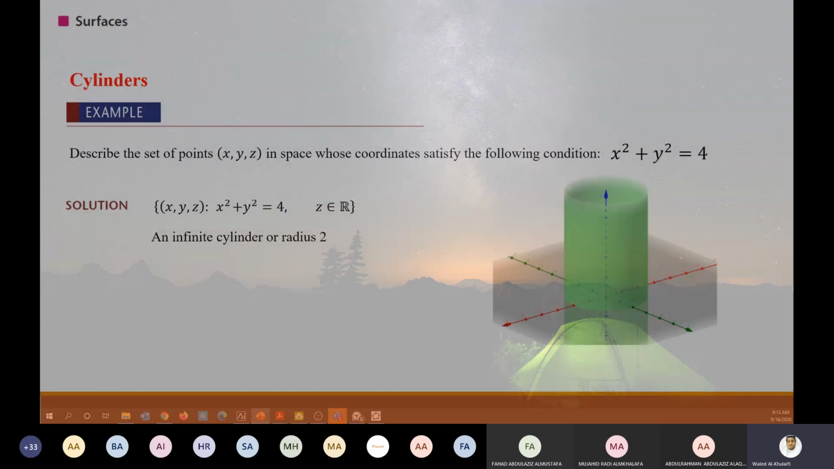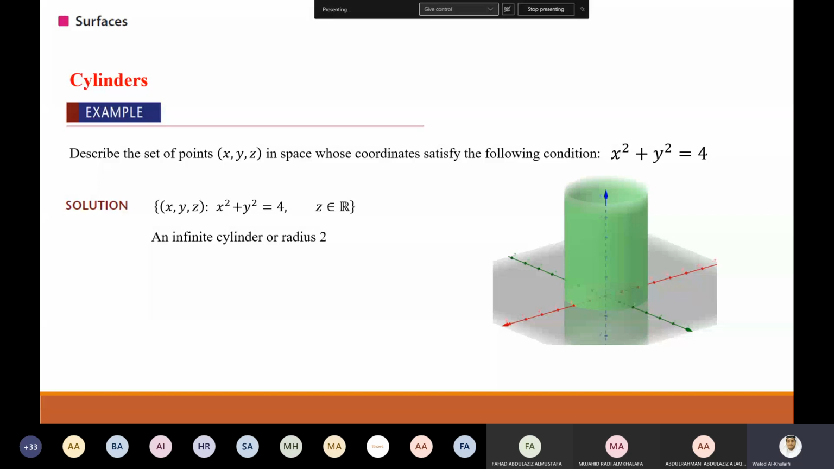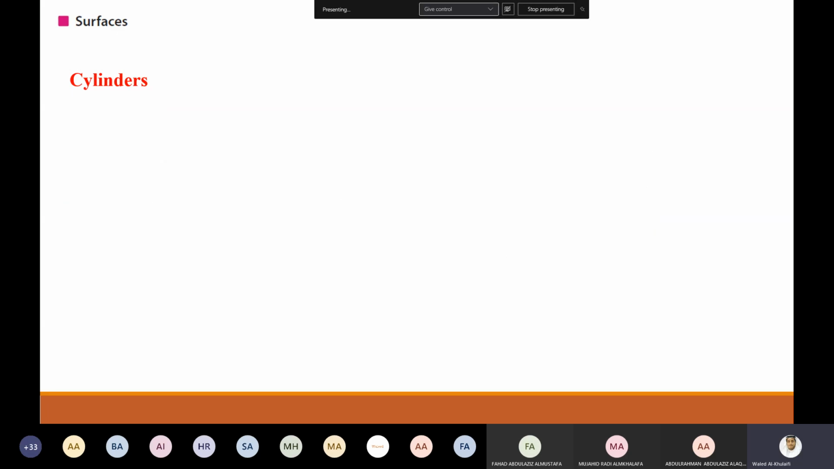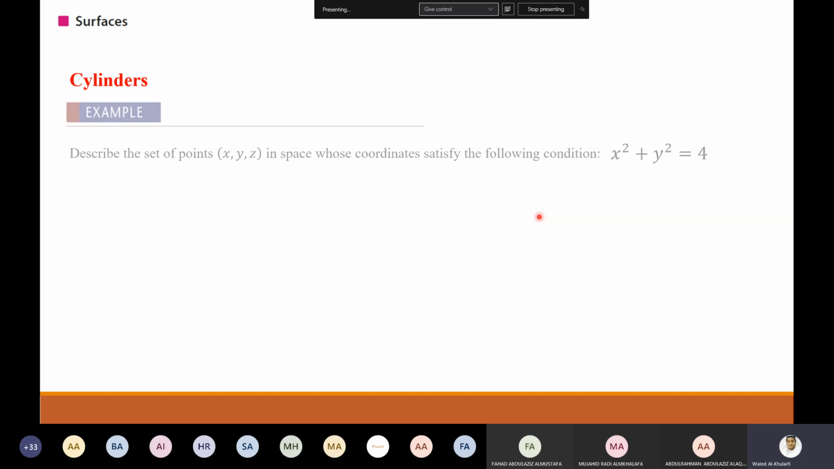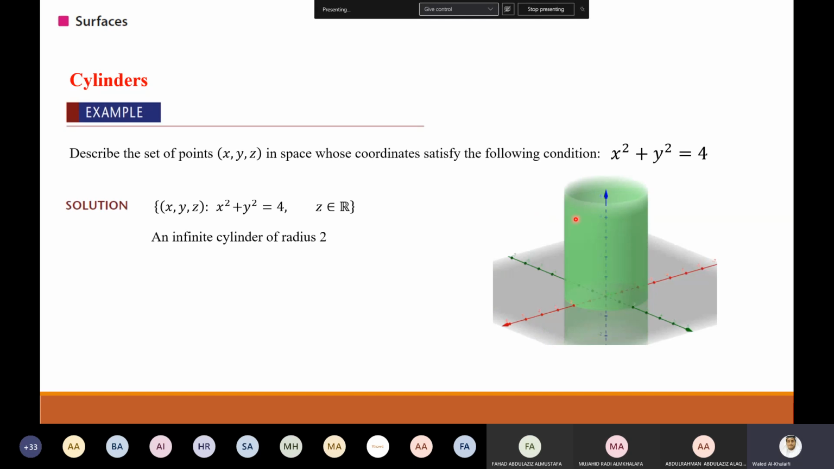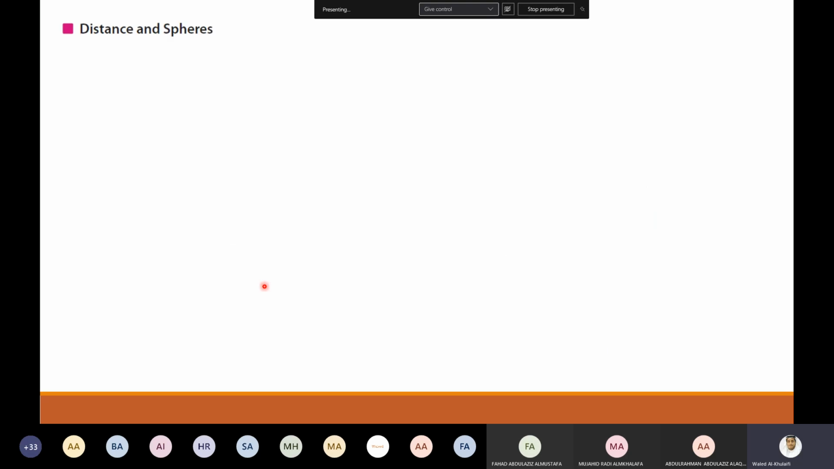Can I change it? Of radius 2. Okay, good. So of radius 2. Okay, that's it. Now, the second part of this